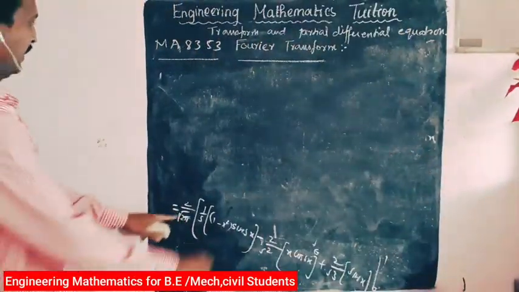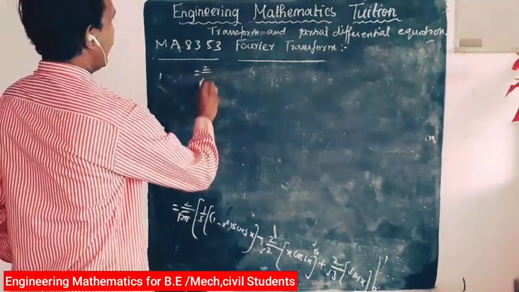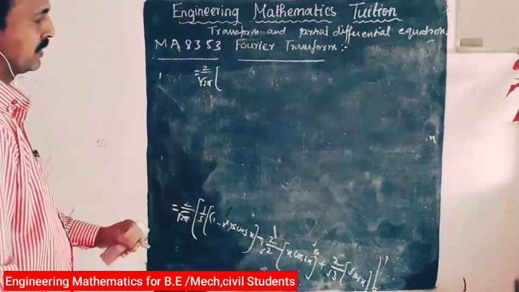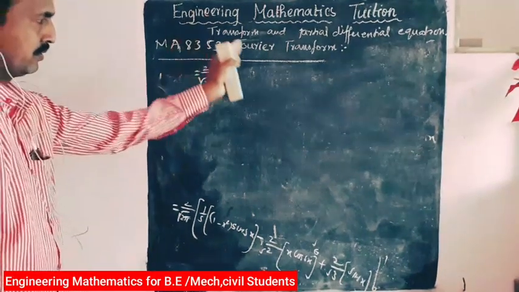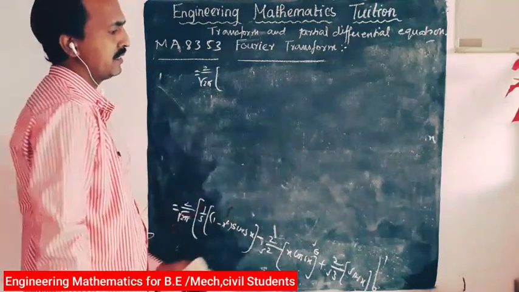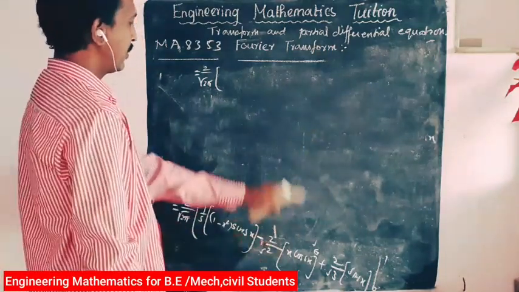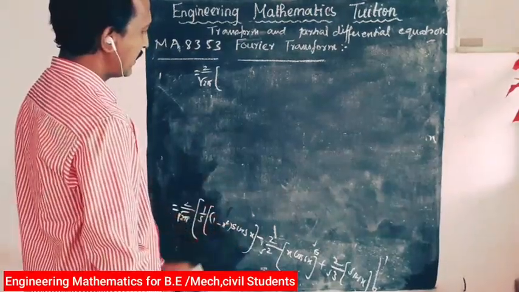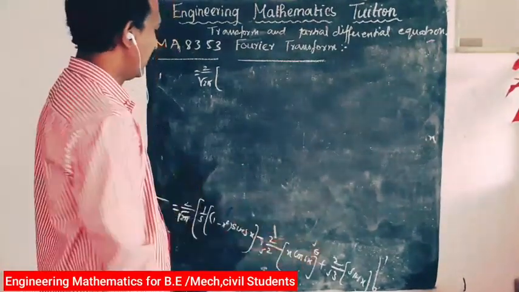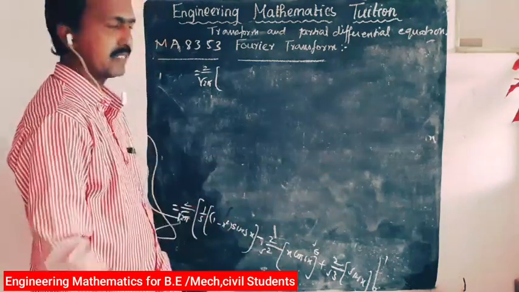So, first you apply the integral formula, then you write the derivatives u dash, u double dash, u triple dash, etc. Now you find v1, v2, v3 and substitute the values. Then next, we take the constants outside, that is 1 by s, 1 by s squared, 1 by s cube. Finally, you apply the limits term by term.